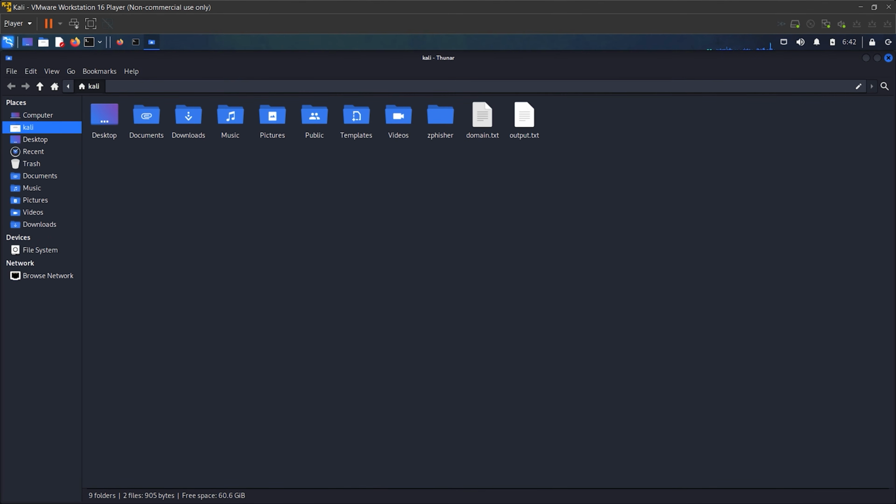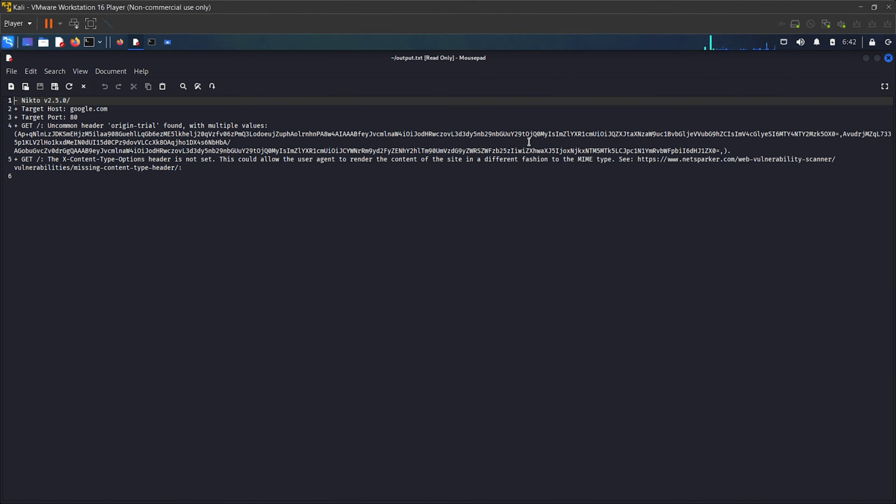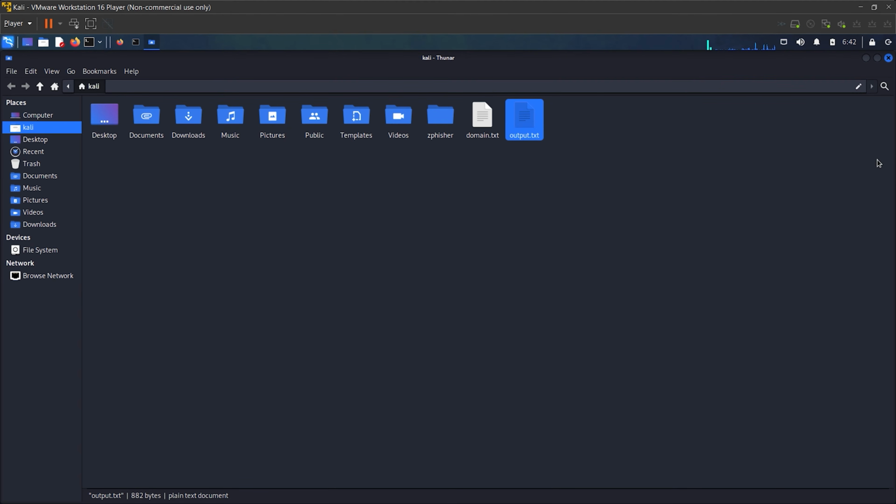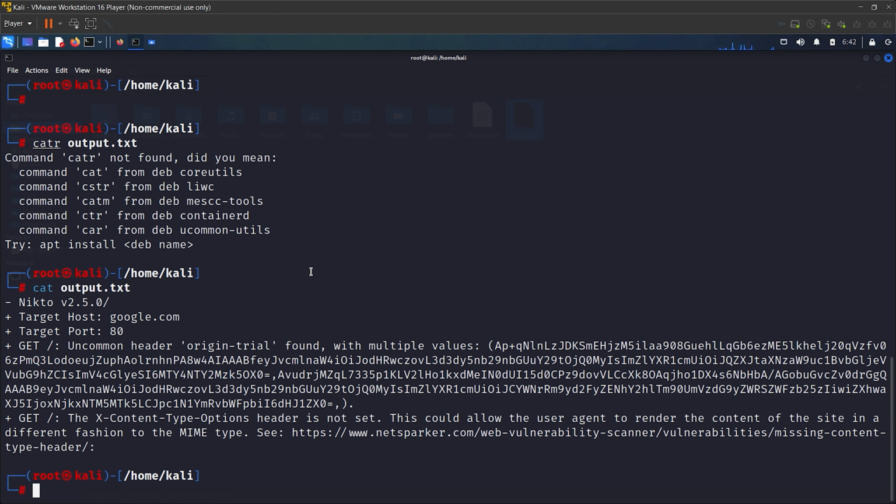See over here, if you see the output.txt, I will click on it, and as you can see over here is the scan result of google.com. So this was it, and also you can specify the format in which you want to store. Over here I did it in txt, sorry, but if you want to store it in, for example,